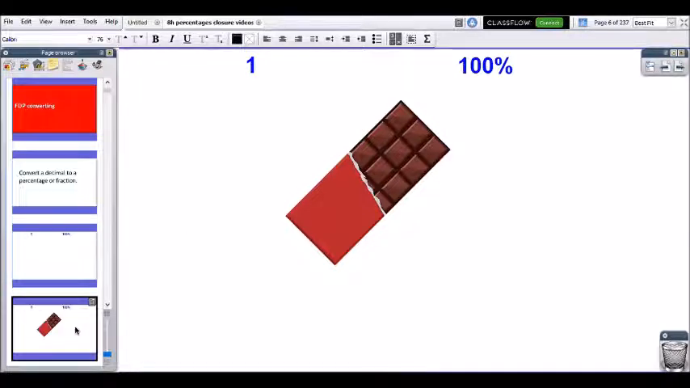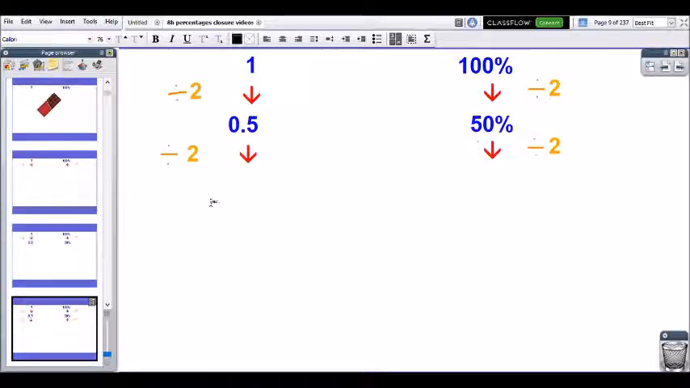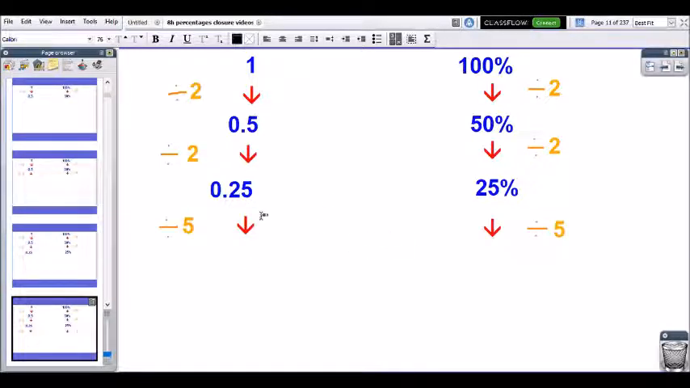So what happens if I halve both quantities? Okay, so if I halve 1, I have 0.5 or a half, and if I halve 100%, I have 50%. So 0.5 is 50%. Let's say if I halve these quantities again, so if I divide both sides of my diagram by 2, I will have 0.25 and 25%. What happens if I divide both sides by 5? So if I take 0.25 and divide it by 5, I'll get 0.05, and 25% divided by 5 gives me